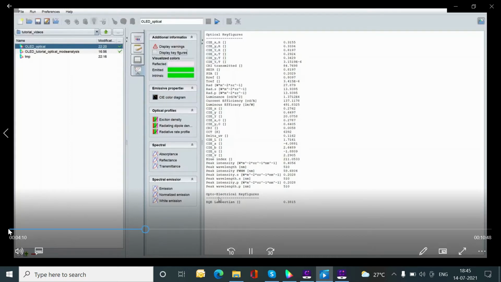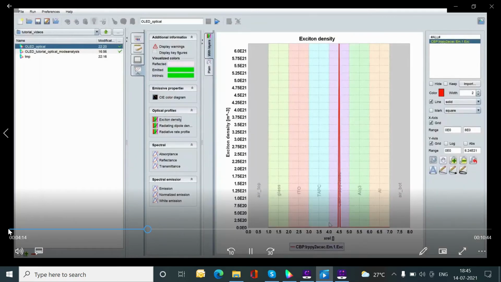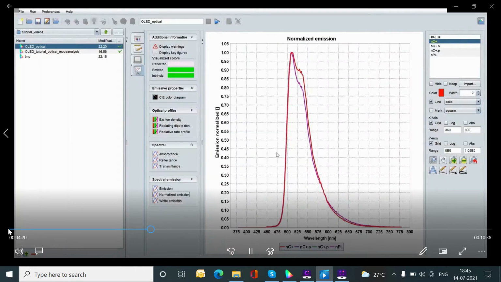So this is done at the normal emission angle. The density is the delta distribution that we have specified, and if you look at the emission spectrum, we can directly compare it to the intrinsic PL spectrum and see there is some deviation in the spectral shape due to the impact of the cavity or the layer stack.